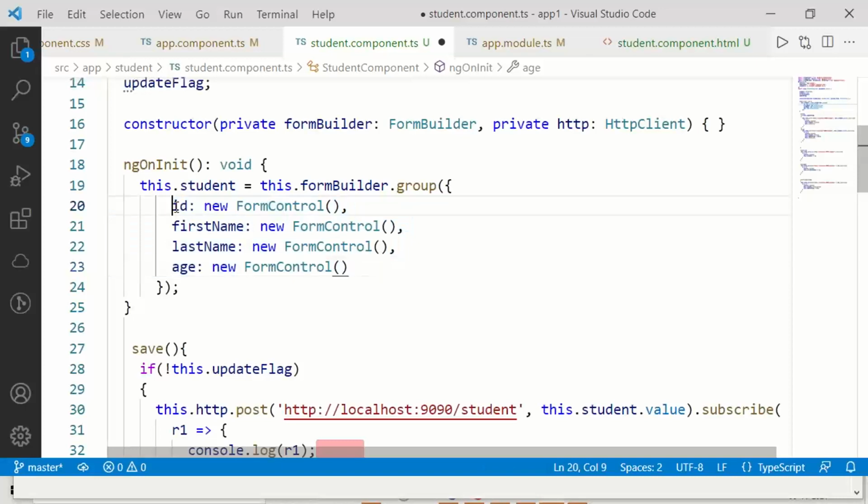Whatever controls you have considered, these controls are available inside a form group.